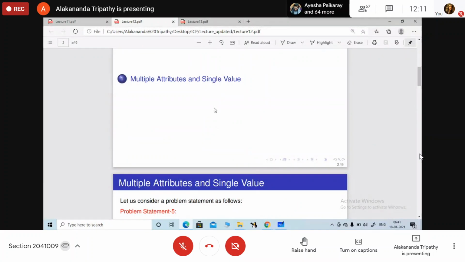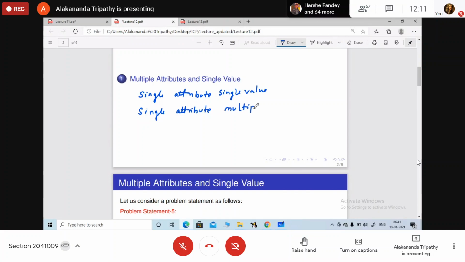Till now we have discussed problems based on single attribute, single value, and also single attribute, multiple value.